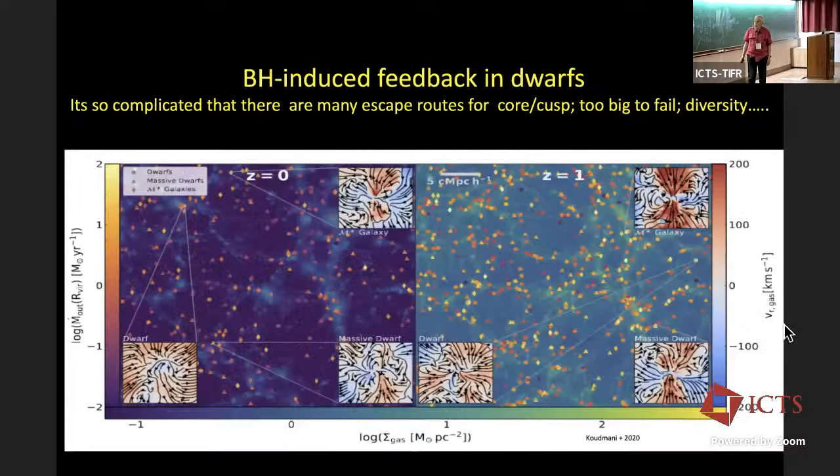Okay, and then simulations are really leading the way in getting us closer to grips with the physics. This shows you a recent hydrodynamic simulation of the central regions of dwarf galaxies, a low mass one, a massive one. And the main thing that you can take away from this is that there are random motions and turbulence all over the place. There's nothing organized about these random motions. Things sort of dissipate and mix up very quickly as the jet from the center interacts, randomizes, runs into clouds, and then gets diverted and eventually mixes up.